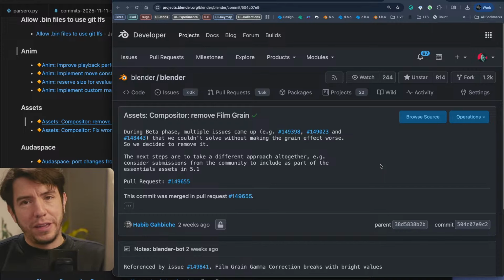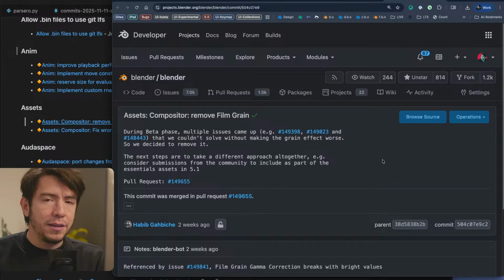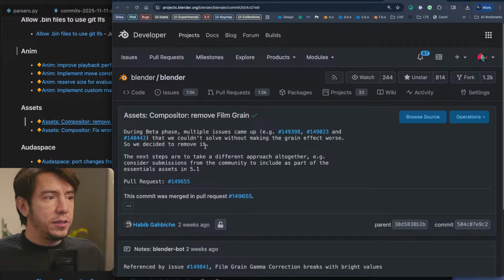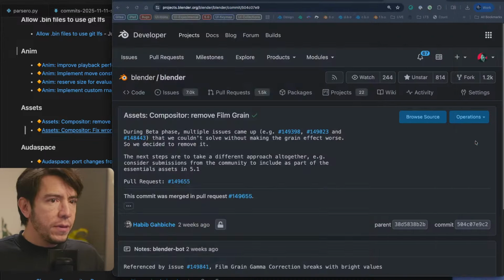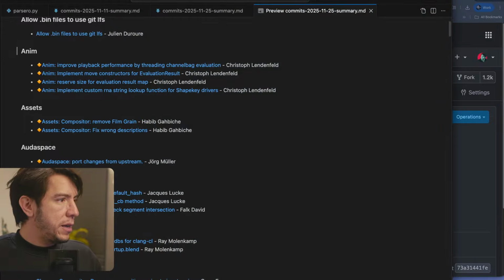I had to remove that because last minute, many users were reporting that this effect wasn't behaving as it should, and that's enough of a reason to not ship something broken. So it was removed last minute. Very bad, because many people already made videos counting on this film grain effect, but it will come back, just not yet. And some tooltips or descriptions of assets have been improved.